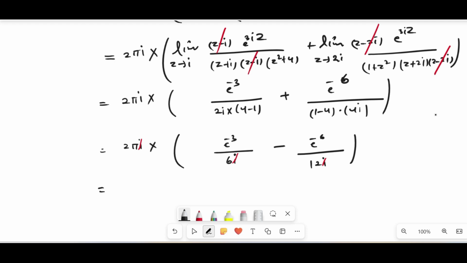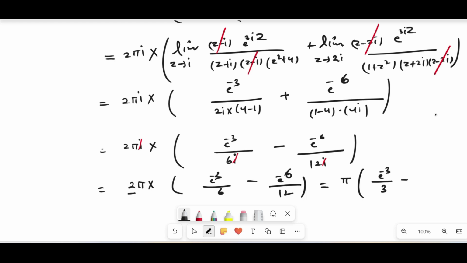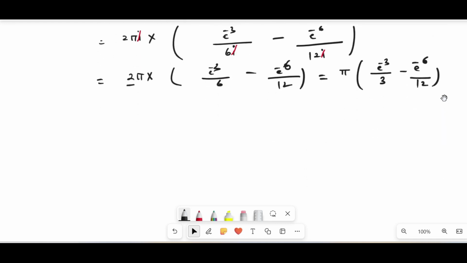So we will get 2 pi multiplied by e to the power of negative 3 over 6, negative e to the power of negative 6 over 12. So multiply the whole bracket by 2, it will give pi times e to the power of negative 3 over 3, negative e to the power of negative 6 over 12. So finally we can write